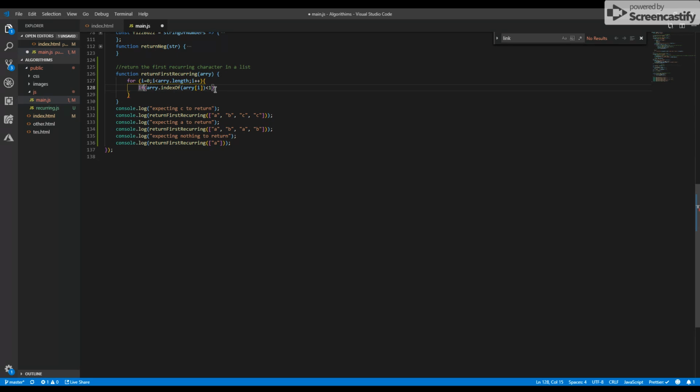So if I find this item, whatever I'm looking for, before my current location where I'm counting, so if I'm looking at location 1, 2, 3, 4, and I find it at 3, then we want to do something, because that means that's a repeat. So then I want to return some statement. You can return anything. You return a message, you can return whatever you want. In this case, I'm just going to return,